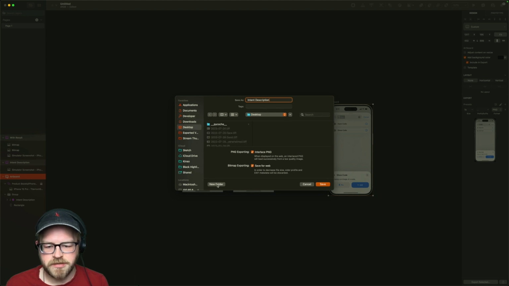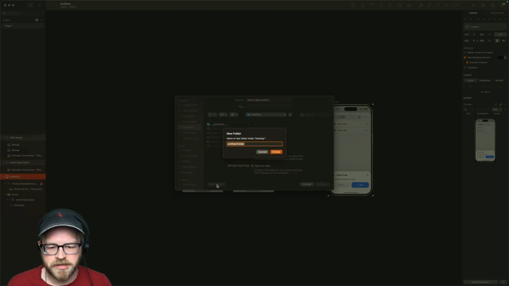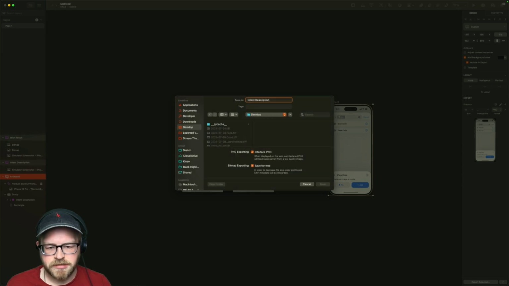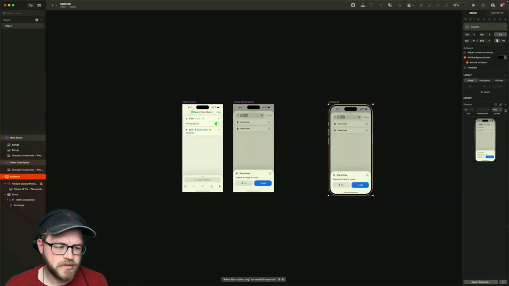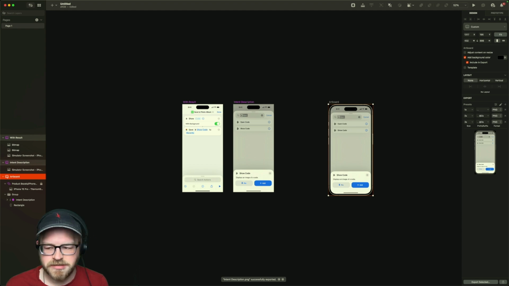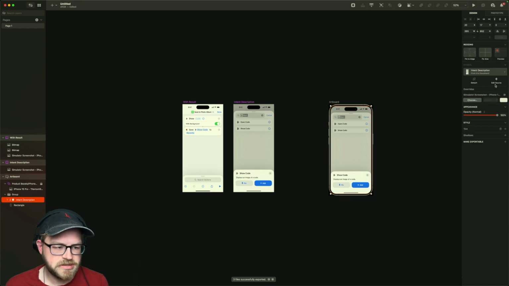I'm gonna go to our desktop. You know what we're gonna do? We're gonna create a new folder, and this is gonna be shortcuts slides. We're gonna save this, but then the other thing that we're gonna do is add our 2x and 3x because we can be that bougie. All right, so there's that, and then we switch this to being with result instead.